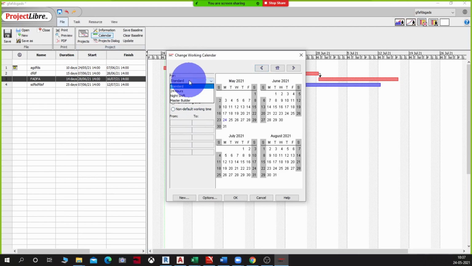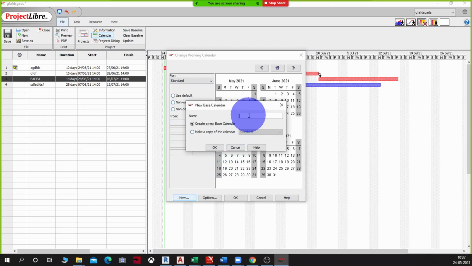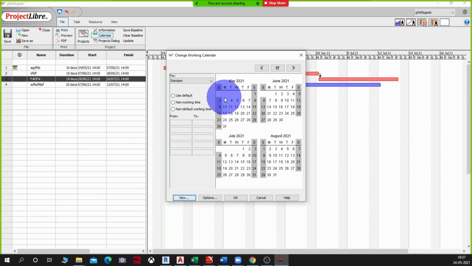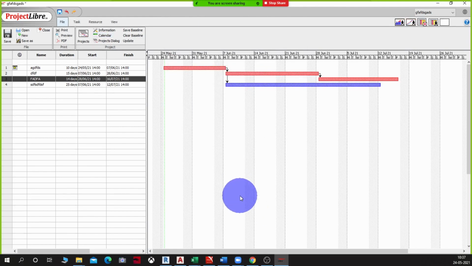So if I am taking this and let's say I want to create a new custom calendar, so I'm going to use default and I'm going to say new. Okay. And let's say this is a random calendar. I'm just naming it random. I want to have Wednesdays as non-working time. So I want to make Wednesdays off for this random person.